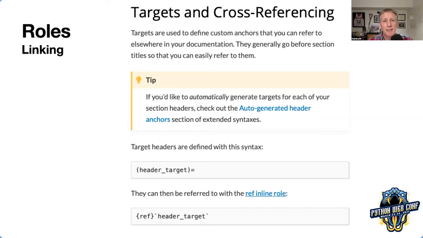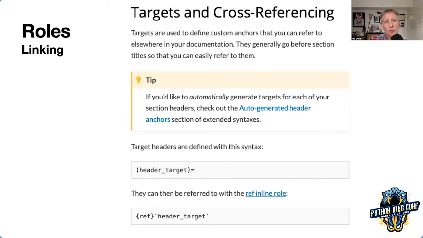This is the documentation from the MyST site talking about it. Targets and cross-referencing, lots of goodness in MyST and the parser underneath for handling this. We see an example of what you do. You can put this (header_target)= in parens just before a heading, and you've defined a label, header_target, that you can link to from anywhere, and it will generate the relative path to get there for you. You don't have to know where it is. All that stuff will be handled behind the scenes for you.